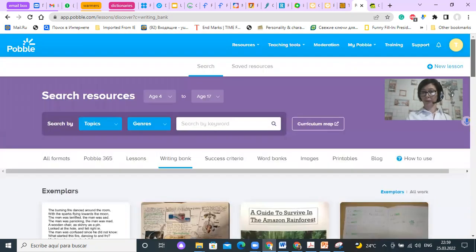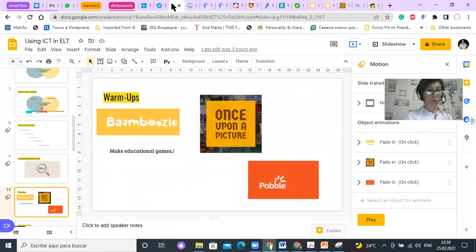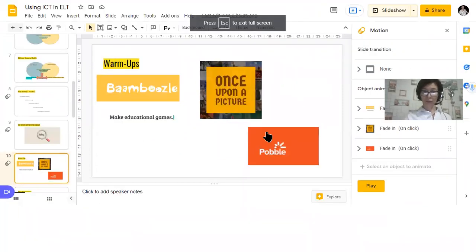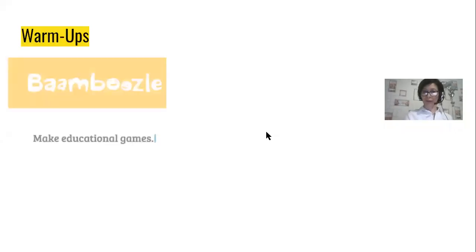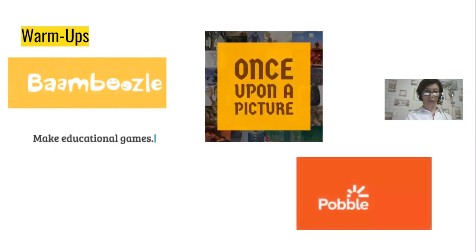Again, many things are available in the Pro version, but still many things can be found in the free version as well. So this is about activities that can be used as warm-ups or in any other variant that you find appropriate. Let me move to the next part and share some useful tools that I call tools for organization. Because when we start a school year, or a new term, or a new class, or any class, we definitely need some